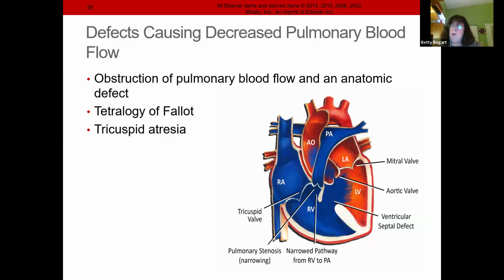Now, what's my responsibility as a nurse? Well, this kid went from 100 sats to 10 in a minute. He went from pink to black. It was incredible, the color change that occurred.